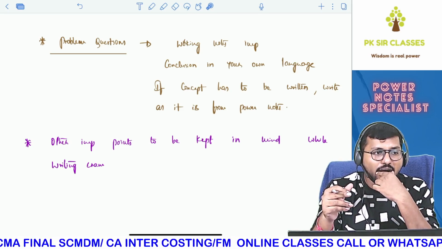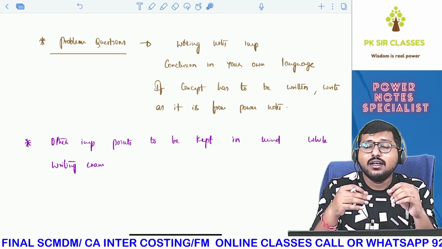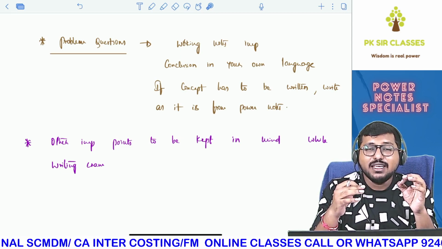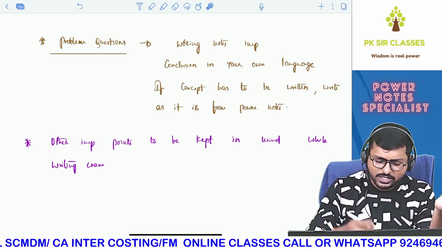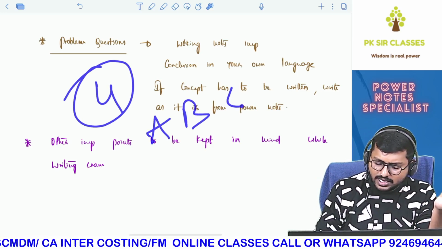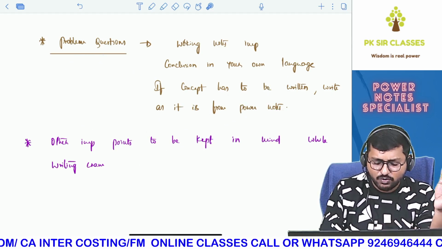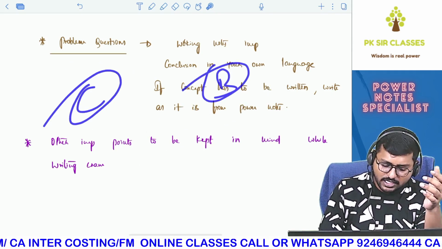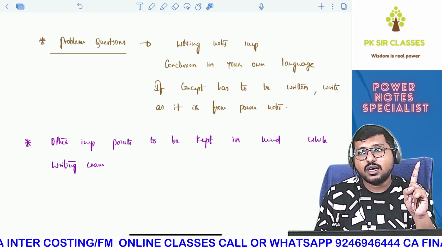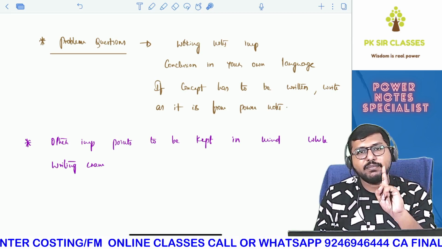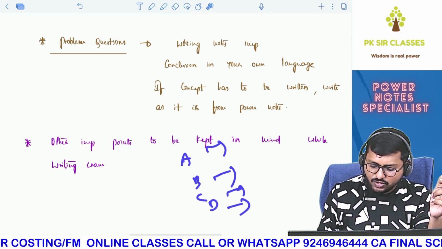So my advice is to present it in such a way that the examiner can correct your paper fast. Are you able to understand? If there is a question where parts A, B, C, D have been asked, and although you have solved it over 4 pages, A has been solved on one page, B somewhere else, C somewhere else, D somewhere else, finally what do you have to do? Okay, I need to help my examiner correct my paper fast. So, A, B, C, D: finally, you write, and this is your answer.